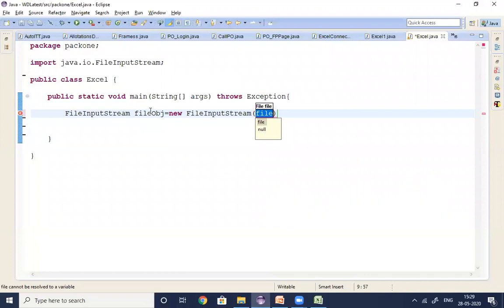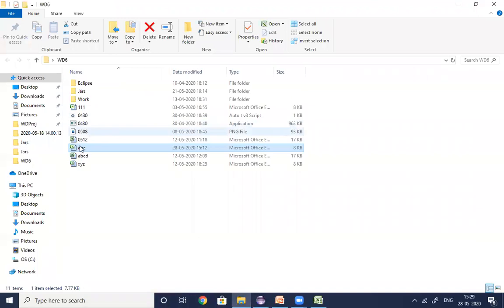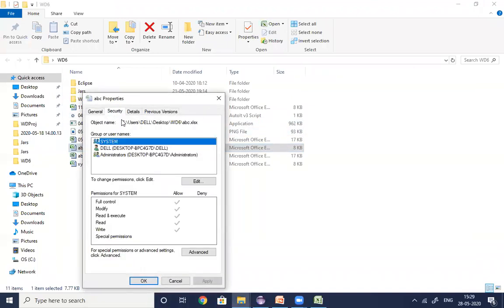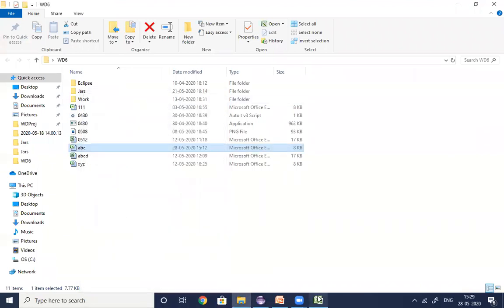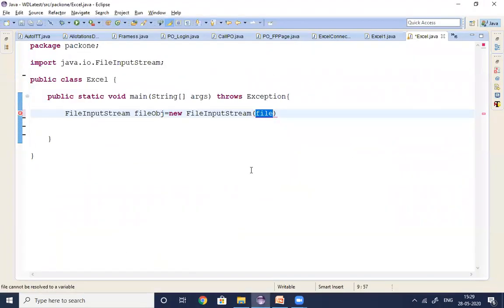So where is the Excel file available? That path we need to provide. So how can you get the path over here? Just right click on this ABC, properties. I'm just taking the complete path of the ABC Excel file. Just close this, guys. Now I'm closing this Excel file as well. So how to write the code here? Just Control V. Here we are giving double slash, as we already discussed, to identify the path of the Excel file.